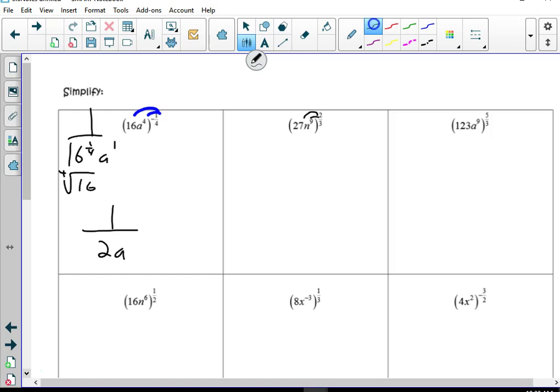Okay, we're going to send this in like so. Now this way we're going to write them separately. Okay? So we're going to have 27 to the 2/3. Okay? We're going to kind of put it all together. And then we're going to have n. Okay? We're going to do 9 over 1 times 2 over 3. Now, what's 9 times 2? Divide by 3. So that's going to just kind of hang out there and wait